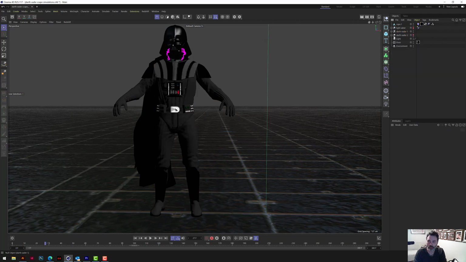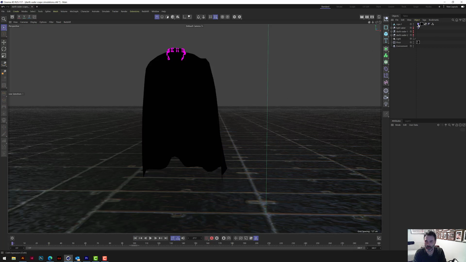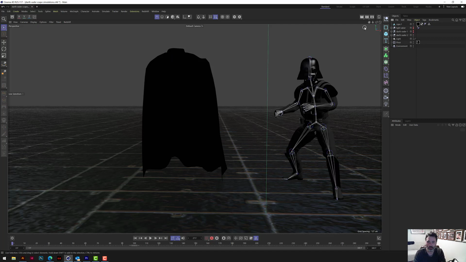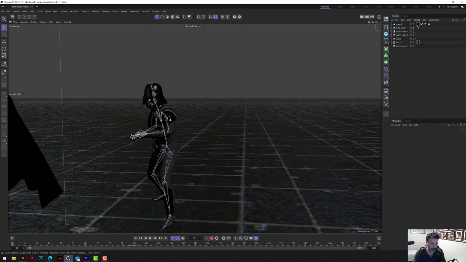And now I'm going to show you, if we turn off Darth Vader 1 and, let's, we could probably just use, yeah, let's use this cape. Let's turn off the tag, the cloth tag. Let's take that away. We'll start with a new one. Let's introduce Darth Vader 2. Here he is. Now this guy has actually got some animation on him,